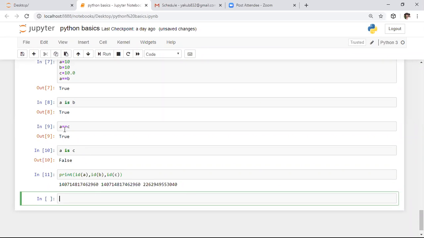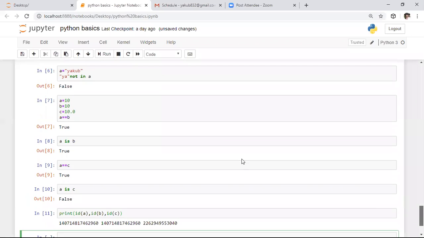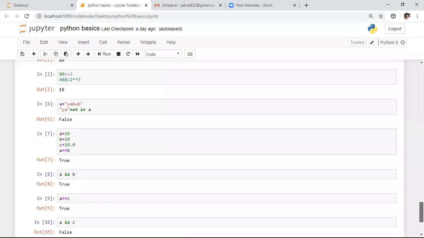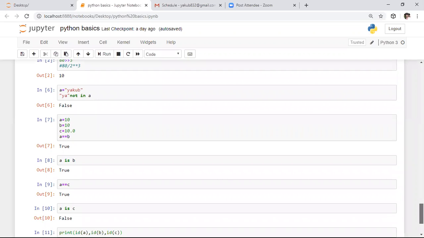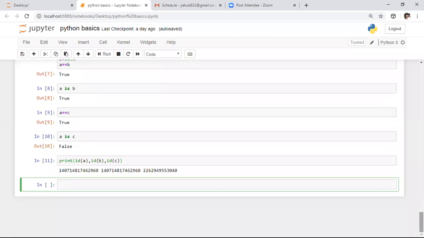Whereas if you perform the same thing with A equals to C, here we are checking the magnitude of values. So we are comparing the magnitude of values. 10 equals to 10, both are the same only. That is the difference between identity operators as well as comparison operators. If you use equals to, we are checking the magnitude of values, whereas if you use the is operator, we are checking the logical addresses of the variables. That is the difference between the equals to symbol and is. And is not also works similarly.